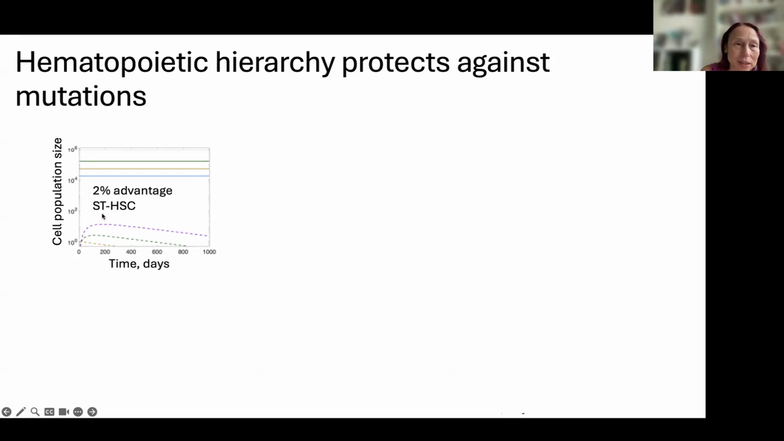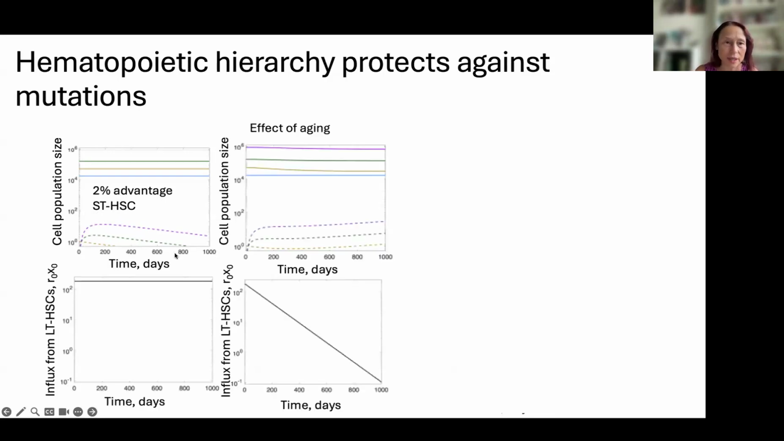I'm sorry, not most, the second one. The one that requires a 5.8% barrier, right? So not surprisingly, this thing dies out. Okay. Now let's put